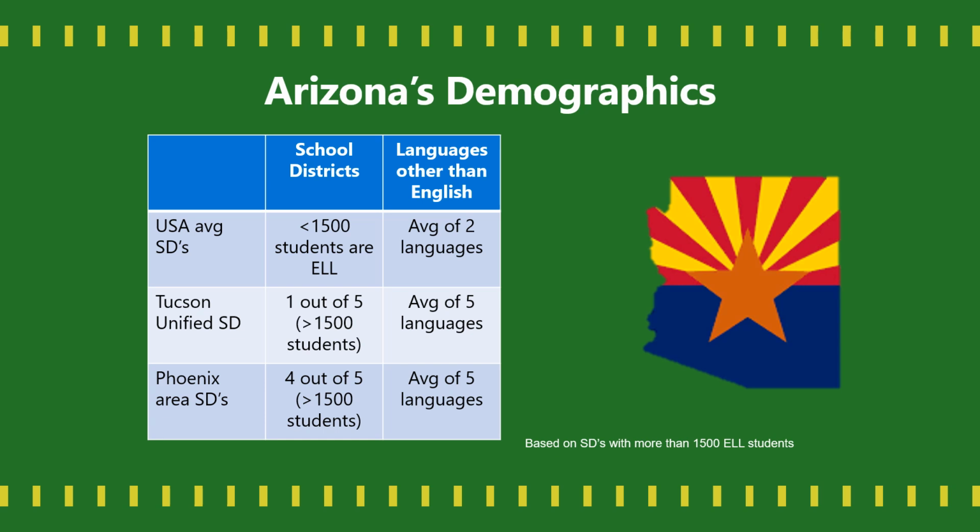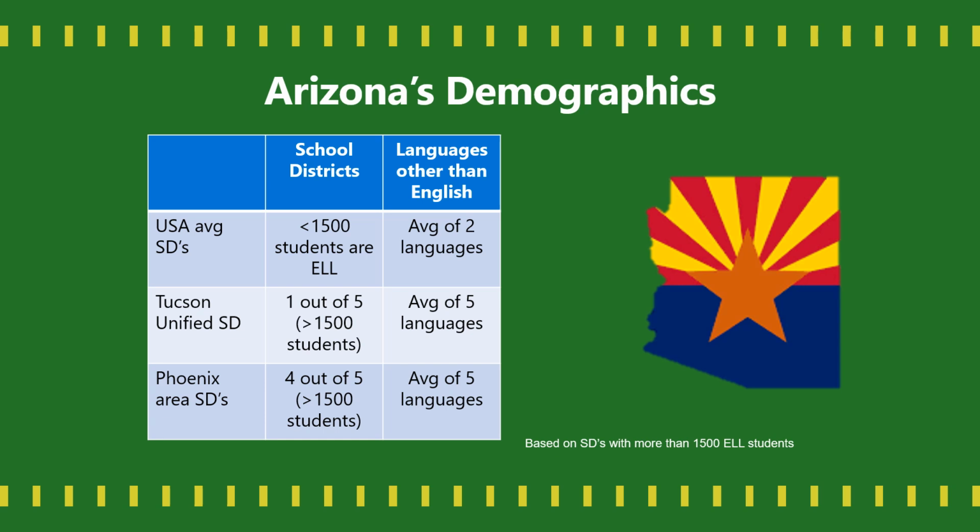To compare with the U.S. average, it is almost impossible, as a majority of school districts have less than 5% of their student population as ELL, compared to more southern states such as Arizona and Texas. Perhaps this can be taken into account that Arizona, Texas, as well as California all border Mexico. But studies are lacking in that. Spanish, however, is the most prominent language other than English, with 77% of all ELL speakers.